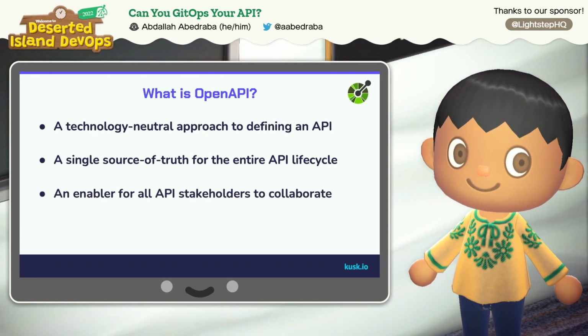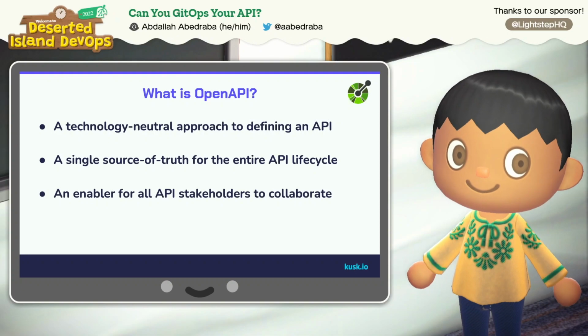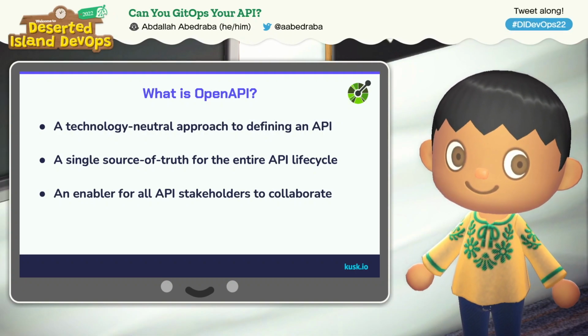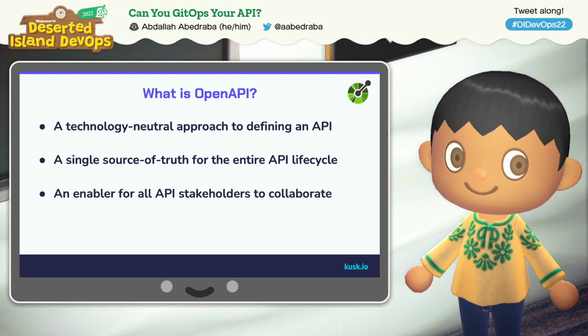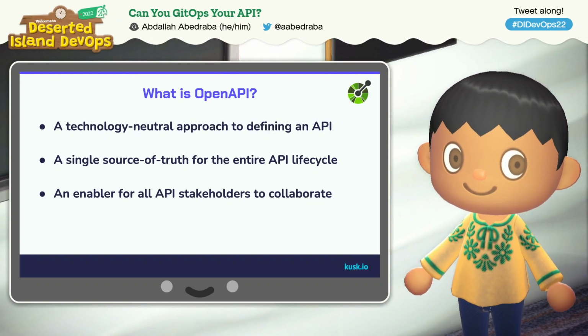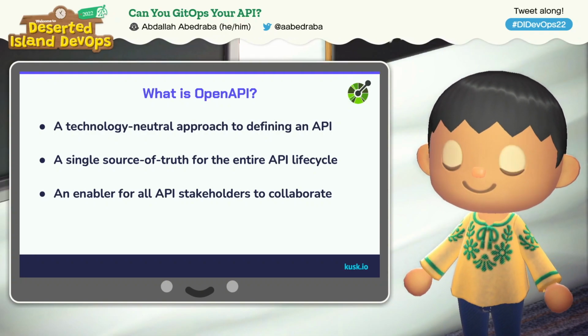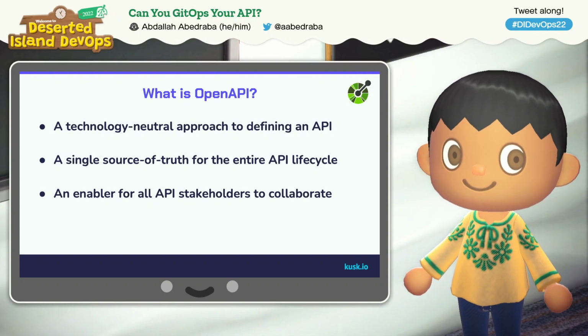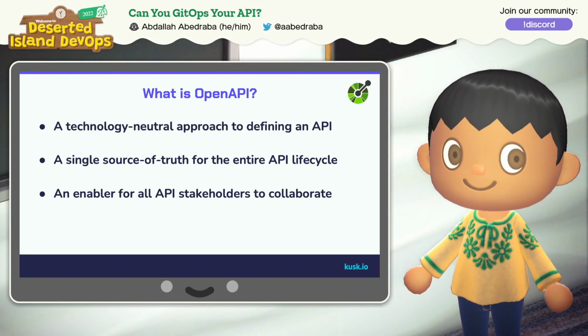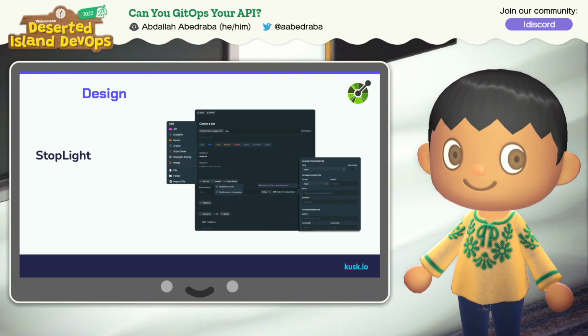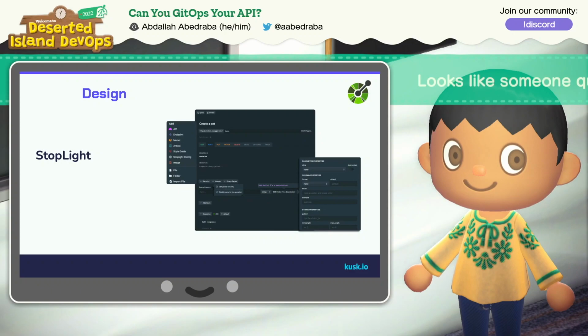And because it is a contract, just like with every contract, we don't use the contract at the end of the interaction, we use it at the beginning. And so if you are able to use OpenAPI early on in your API development process, you're able to enable these API stakeholders to collaborate further. So we can agree early on before committing the mistakes while building the APIs, or we can even have compliance teams ensure that everything is as it should be.